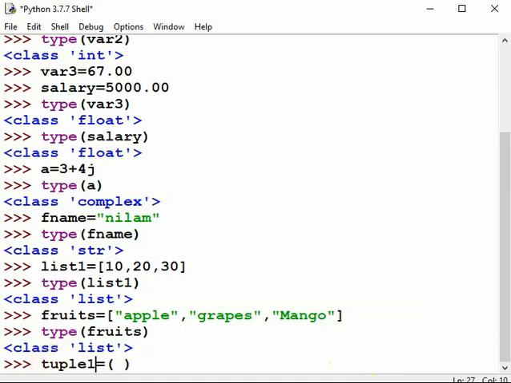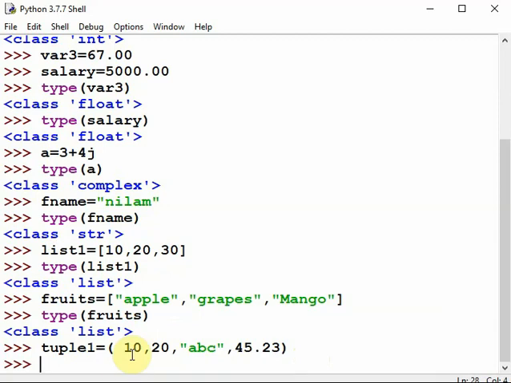Now see 10, 20, 'ABC', 45.23, enter. You can see 10 and 20 are integer types.